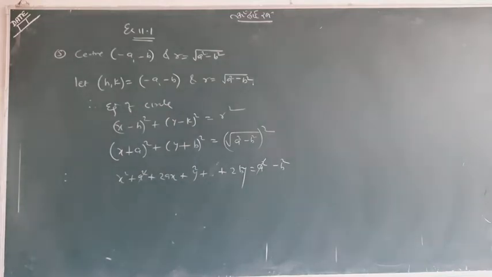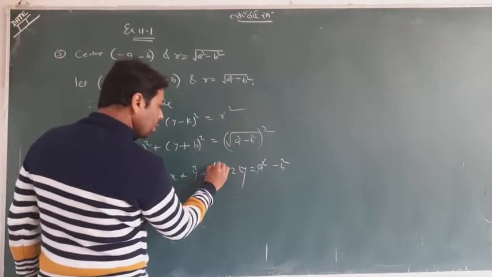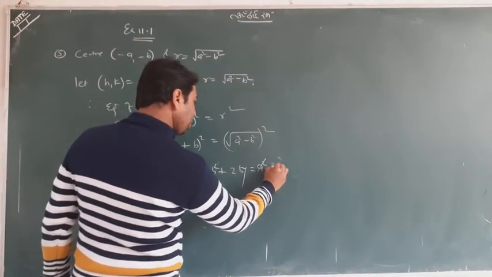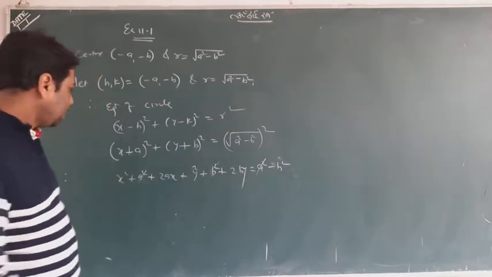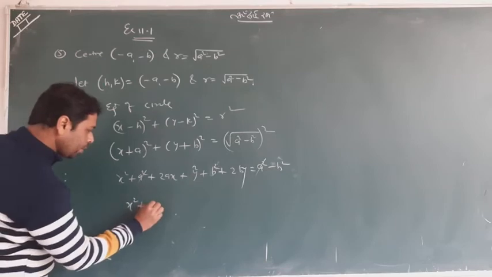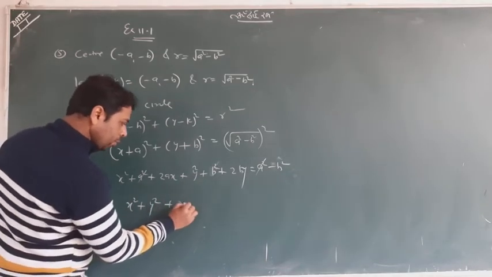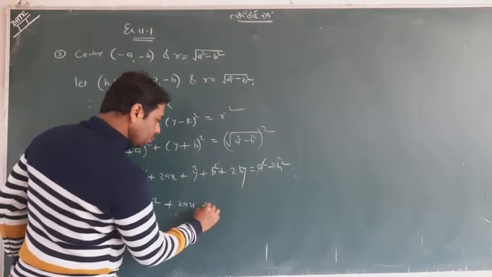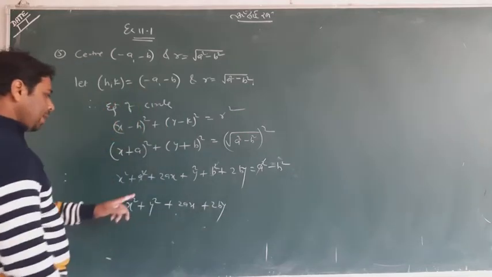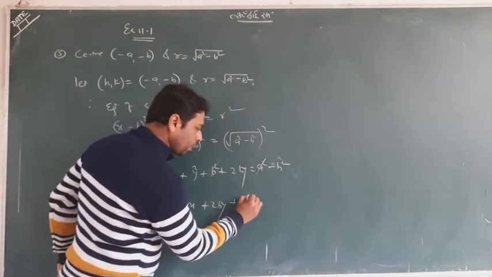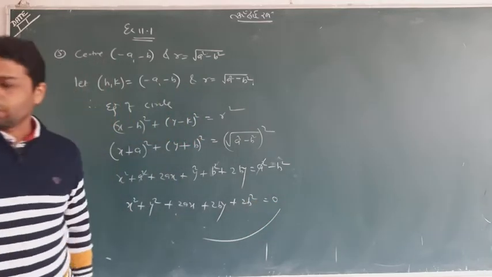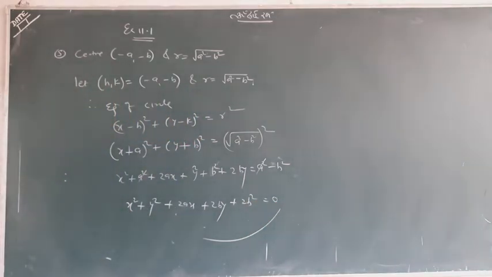It is minus b square. Okay, no matter at all. Only one term will cancel. A square and a square will cancel, and the rest of the terms will be the answer: x square, y square, 2ax, 2by, and b square plus b square gives 2b square. So this is your answer. It was very simple, one and all.